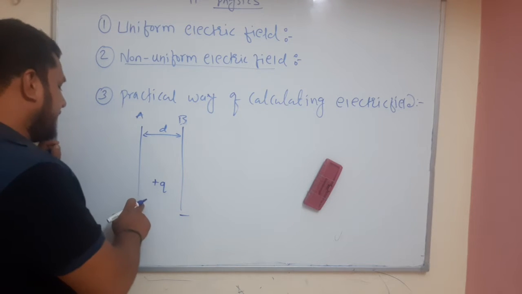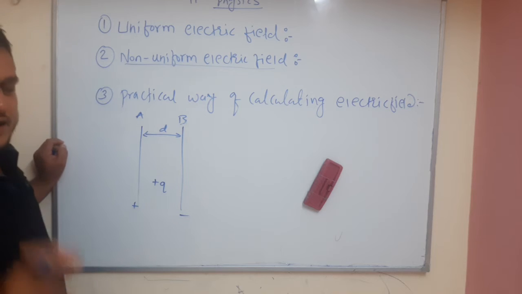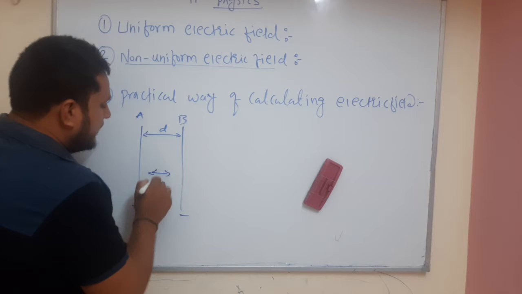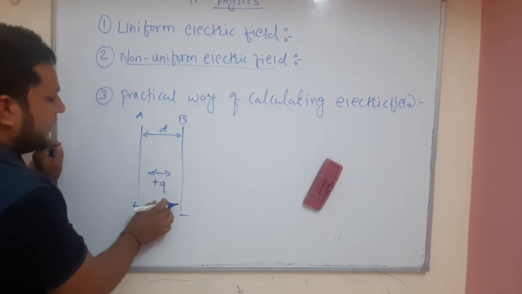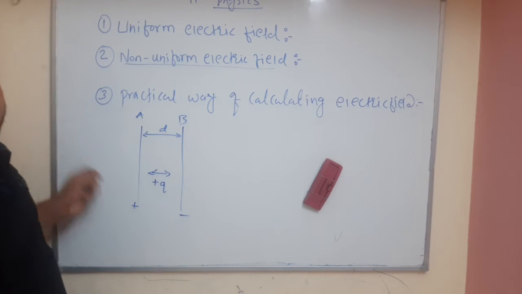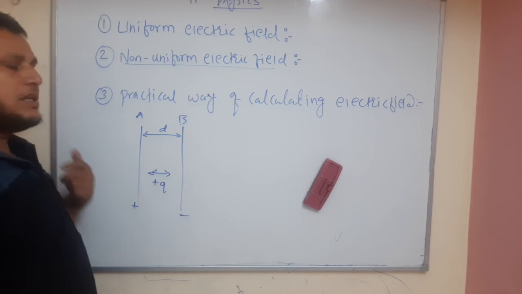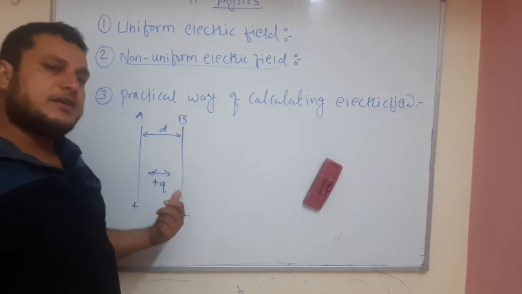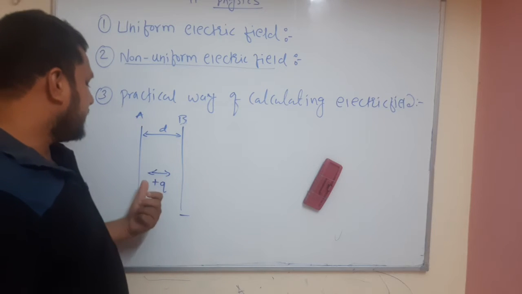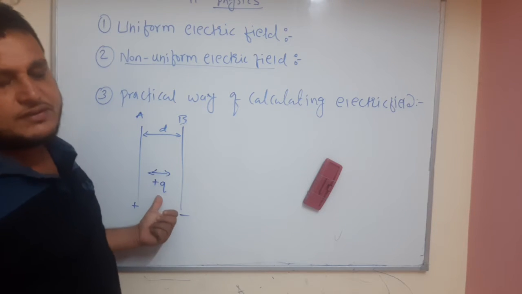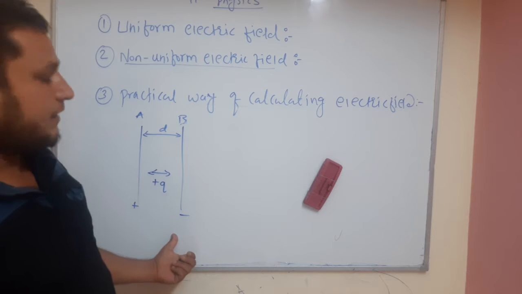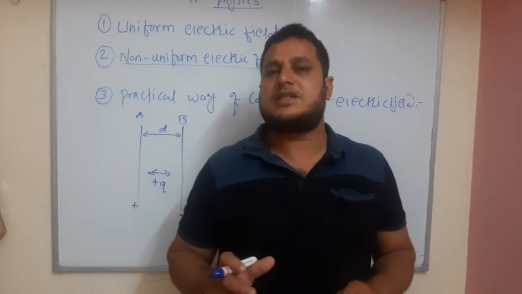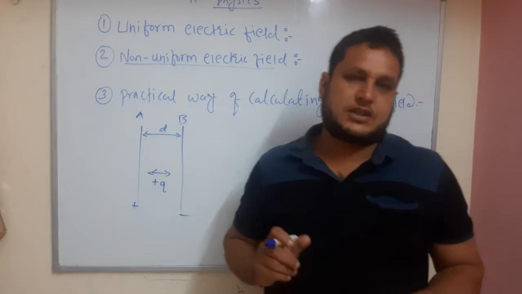Why? Because inside A there is already a positive charge, and we have this positive charge in between the plates. If we move the charge Q toward A, then we get a repulsive force. If we move the charge toward B, then we get an attractive force. Why? Because this charge is positive and plate B is negative, and as we know very well, opposite charges attract each other.